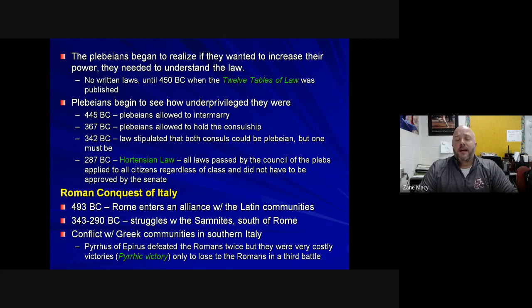This is when it becomes legal for plebeians to hold the consulship. It doesn't mean that there's going to be a plebeian consul anytime soon, which leads to the next big advance 25 years later, but it makes it legal for a plebeian to hold the consulship. Before 367, you had to be a patrician to run for consul. In 367 BC, it's now legal for plebeians to run for consul, but in a lot of cases, it's going to